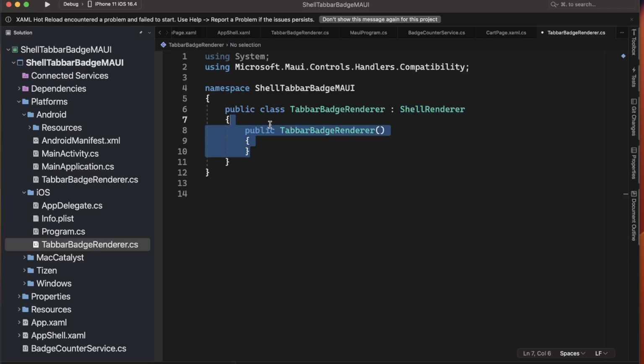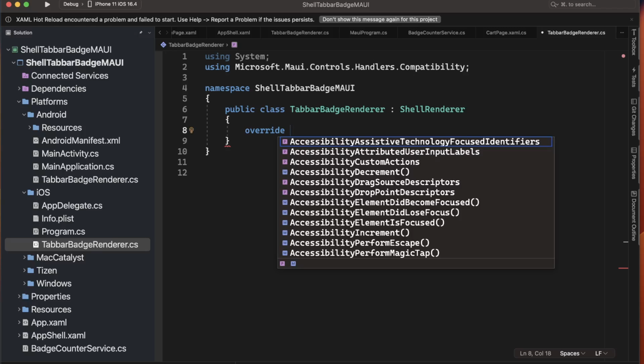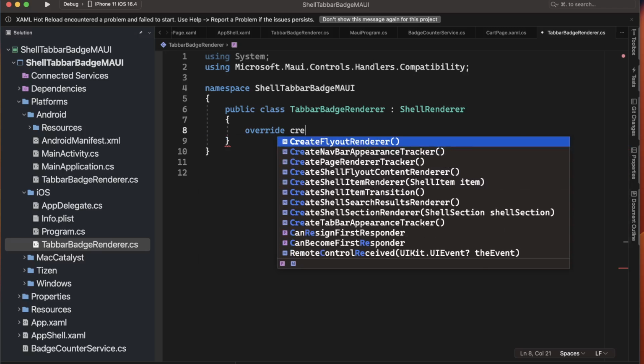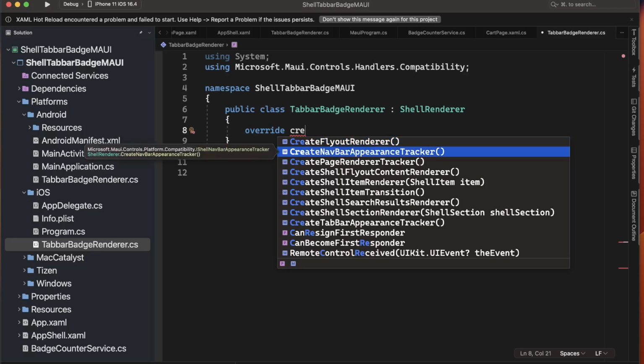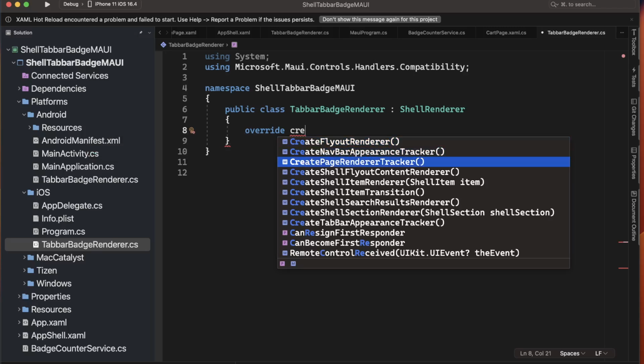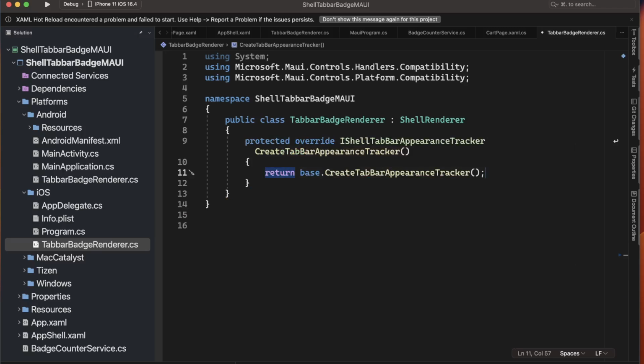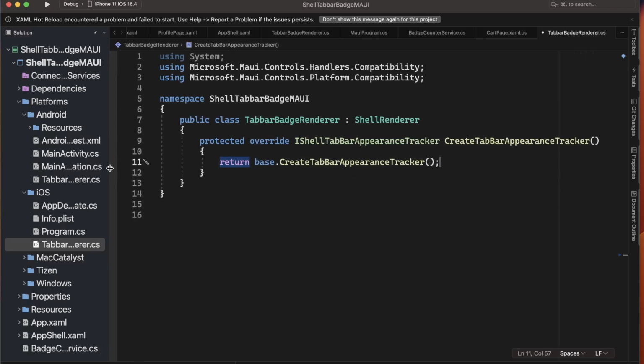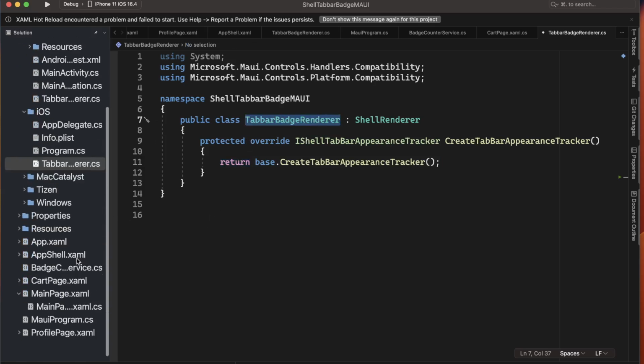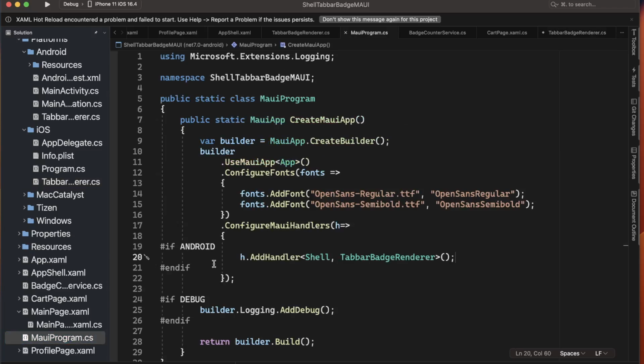Cool. And now for iOS we need to override a method, and that is going to be CreateTabBarAppearanceTracker. This one, we need to create a tab bar appearance. Before modifying this, let's go to our MauiProgram, and in here what we'll do,